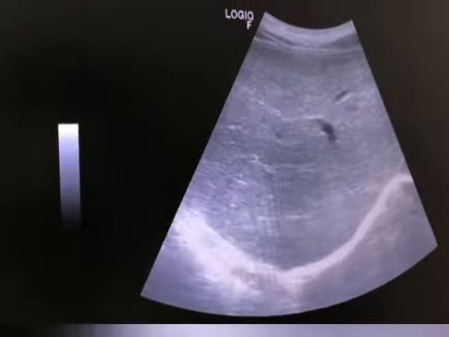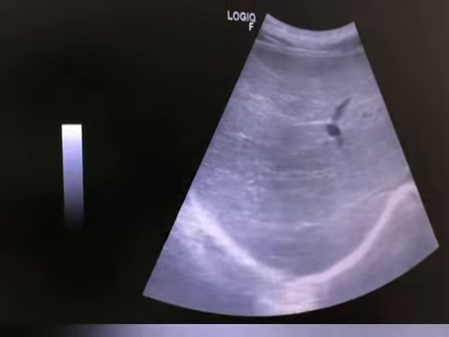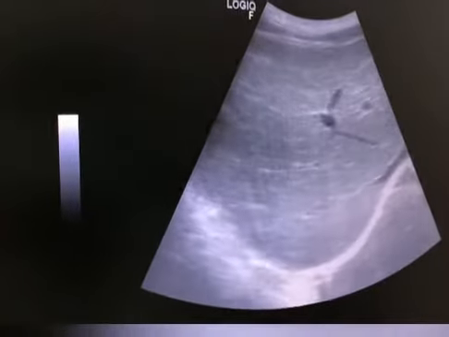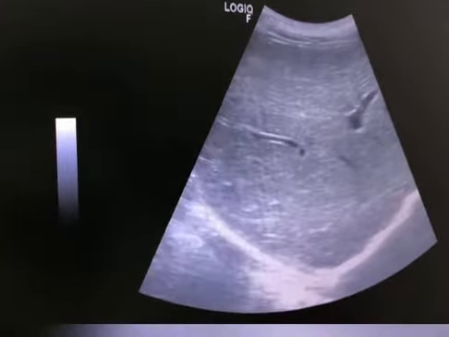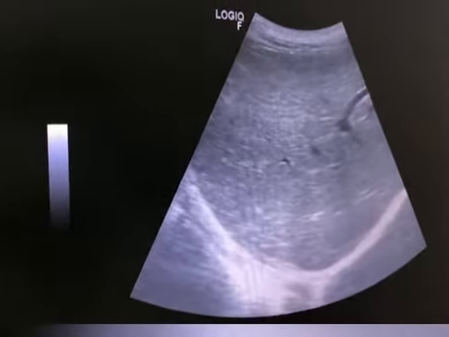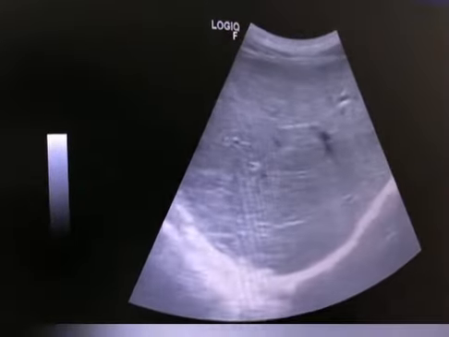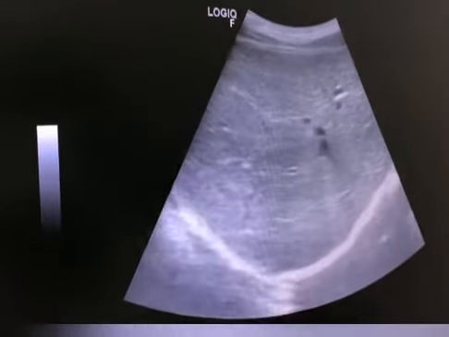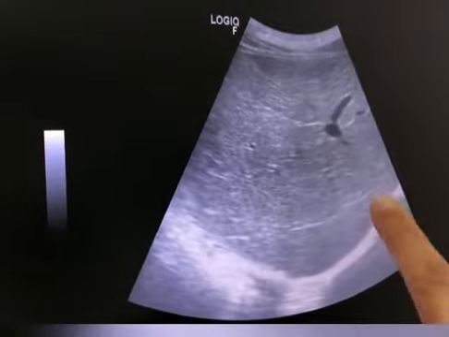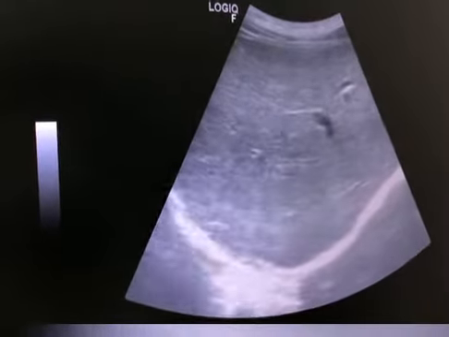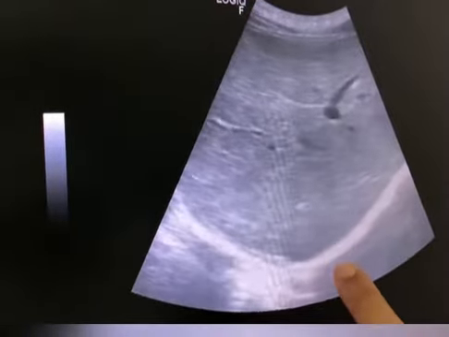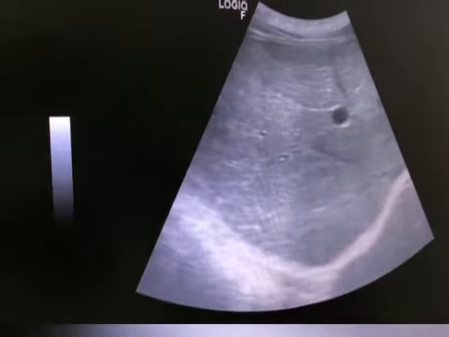in fact it is an abnormal texture. You can appreciate it in a reasonable number of cases in ultrasound; otherwise you can say that this is normal liver texture only. But apart from the texture, this is a porous texture with a little bit heterogeneous appearance, very fine, and the contour of the liver is a little bit altered.